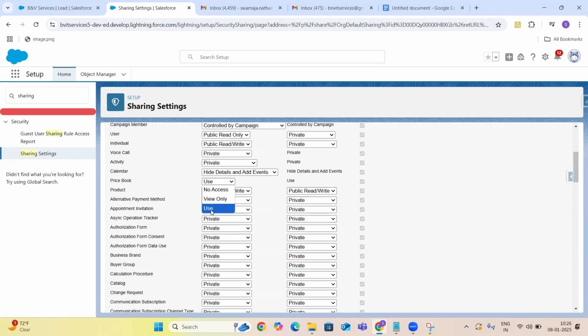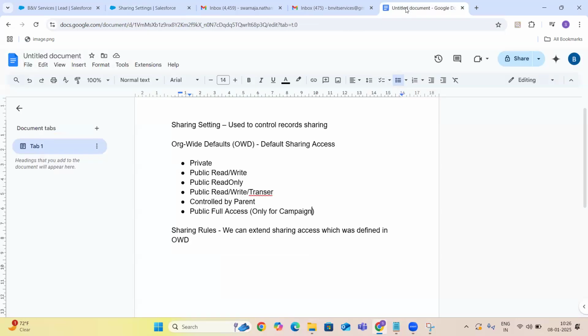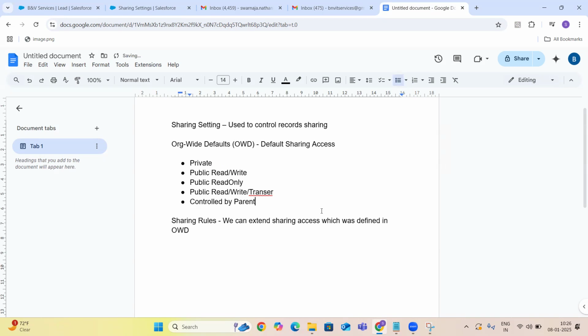Price books has a different kind of access levels, but no need to explain all these things, guys. Nobody is going to work on everything, right? If you are able to explain these five, they are the general ones that we use for almost 90% of the objects.